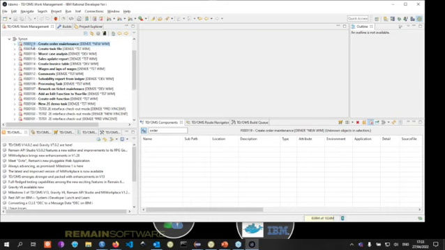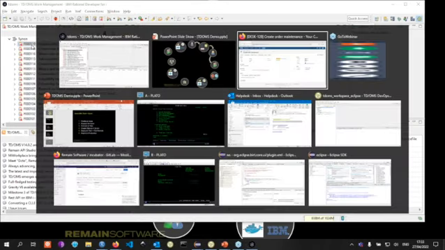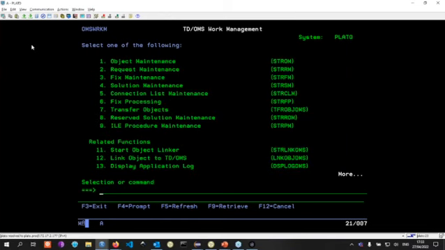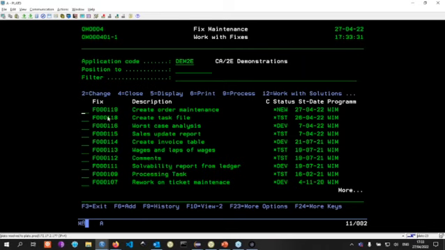And this is our graphical user interface, but I also have that green screen work management. So if I go in here, and let me see if I'm in the correct environment. Yeah, I am. I can go to my fix maintenance function, and in here I will see that there is this task F19, and I think it's option 32.